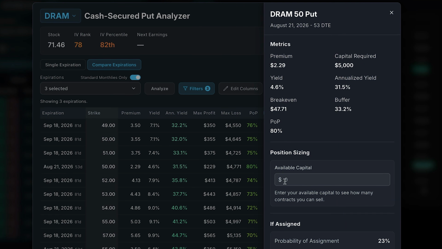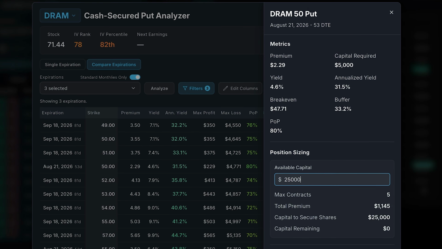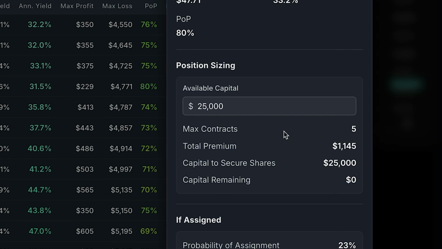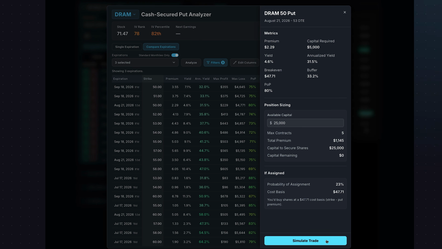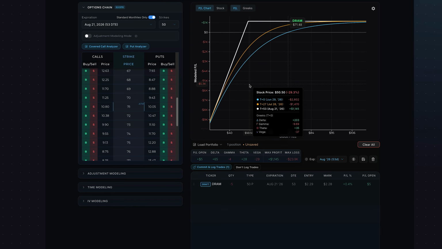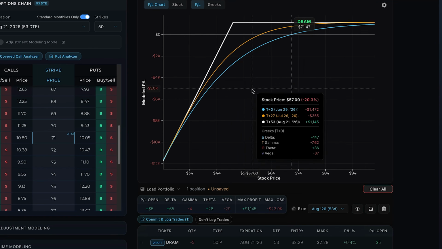I can left click on this put option. I could say that I have $25,000 in capital, and then it tells me exactly how many contracts I can sell, the premium that I'm collecting, and how much capital I need to secure the shares. I can then click Simulate Trade, and if I go back to the P&L chart, this visualizes this cash secured